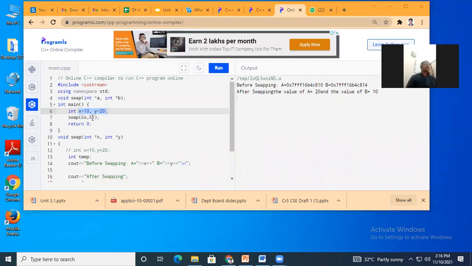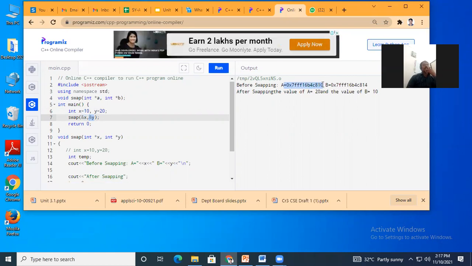Okay, so what happens here? See, I mentioned the name of the function and I'm passing the addresses. I am passing the address, but I have not passed any value to that address. Neither have I initialized it. So that is why it gives me an error. Now I have initialized the variable x is equal to 10 and y is equal to 20. It is stored at this address, ampersand x and here ampersand y. If you check before swapping, it will print the address.